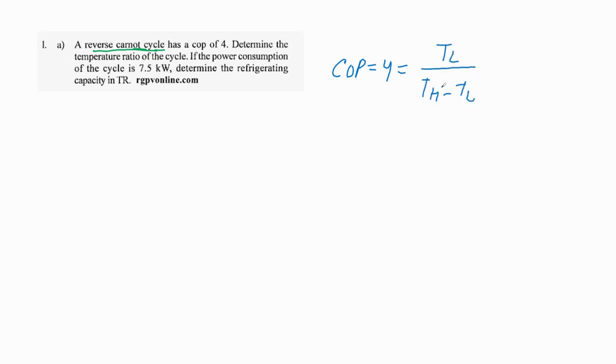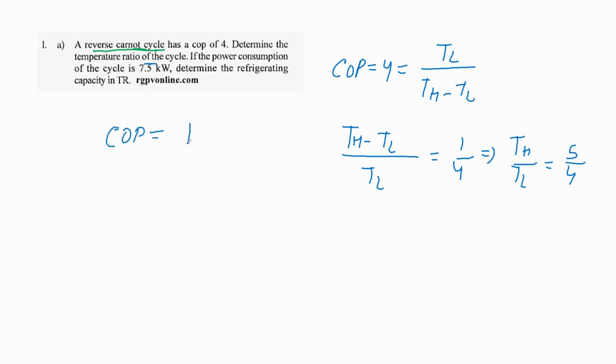ठीक है, तो यहाँ से हमें क्या निकालना है? टेम्परेचर का रेशियो निकालना है. टेम्परेचर रेशियो क्या हो जाएगा? TH माइनस TL डिवाइड बाय TL इज इक्वल टू 1/4. So this implies TH upon TL is equal to 5/4. ओके, तो टेम्परेचर रेशियो हमें मिल जाएगा. अब इसके बाद सीओपी का एक और रिलेशनशिप भी होता है, वो होता है हमारा रेफ्रिजरेशन अफेक्ट